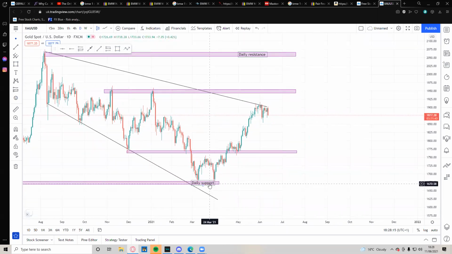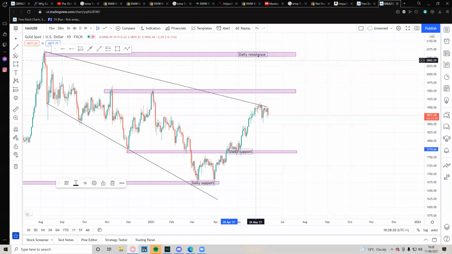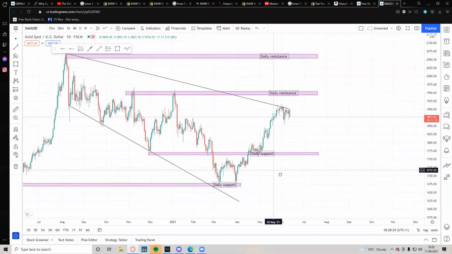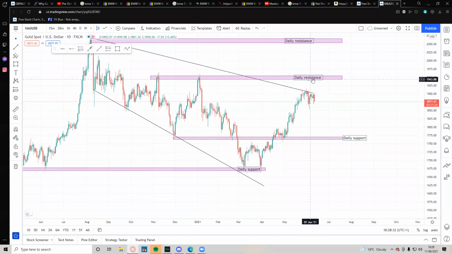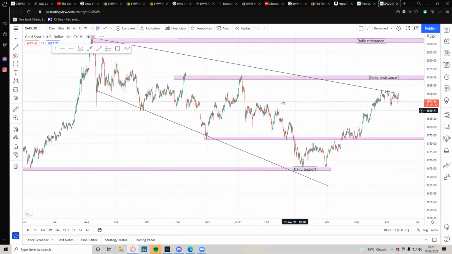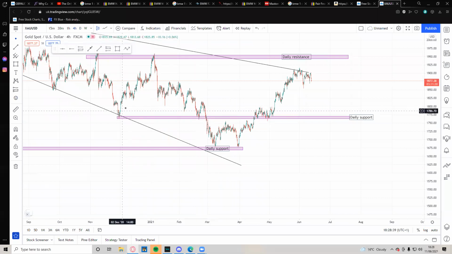Right, so we've got our levels over here. Just quickly, we've got our daily resistance, right? So now that we have our levels, we can dive a little bit deeper. We know where price is respecting on a daily time frame, and we know where it's respecting in terms of resistance as well. So now if we go to a 4-hour, we can see